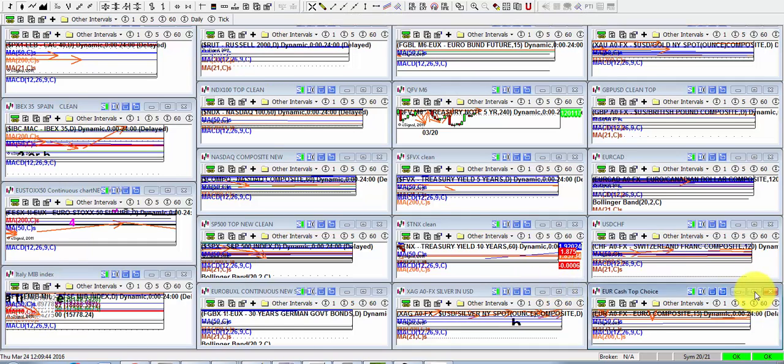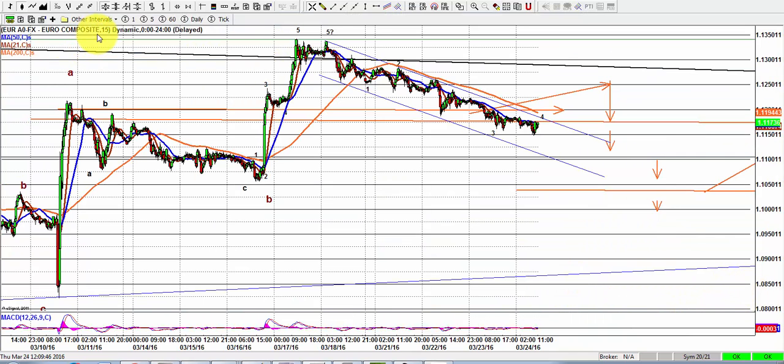The euro US dollar, this is the 15 minutes chart. I assume that we now have a 5-wave structure underway. We have 1, 2, likely 3 ending here. We are now engaged in tracing a tiny 4th wave, and as I'm talking to you, it is right now at